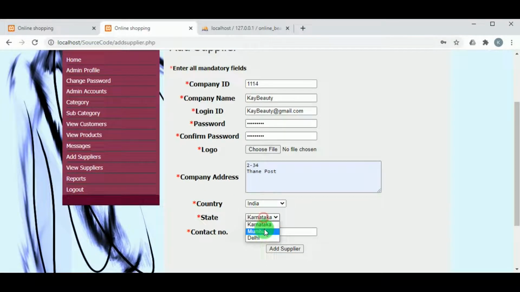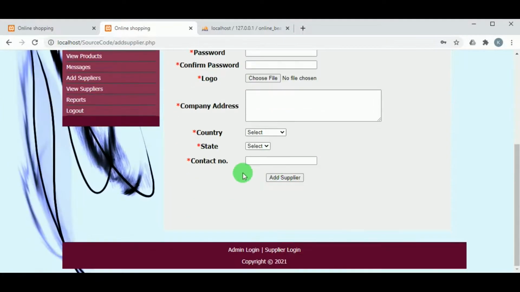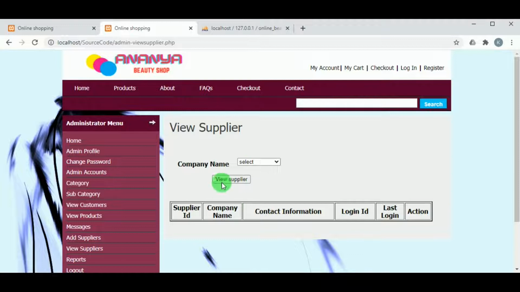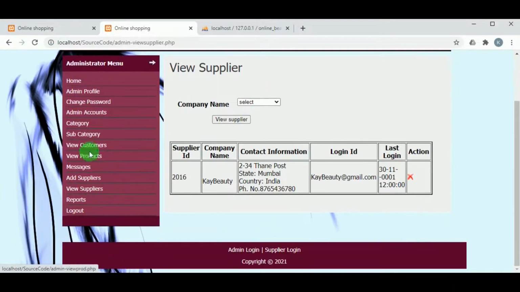So here they must mention their logo and the company address, the country, state and the contact details must be mentioned. And under view suppliers, by selecting the company name, the admin can view the complete details of the suppliers, and here the admin can also delete those suppliers.